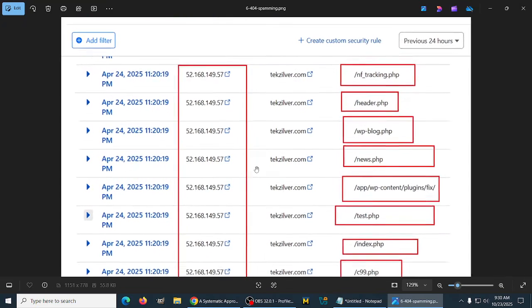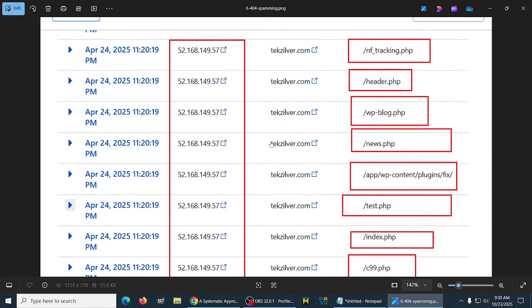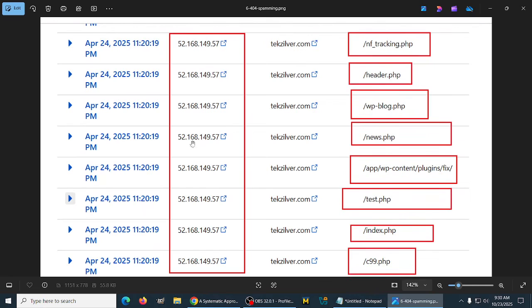Okay, so these are spam traffic that we got. You can also call it DDoS attacks. If you notice, the same IP address tried to request different resources from a website, and none of these resources actually exist on the website. So these are basically spam, and they were probably using a scanner or something of that sort, trying to waste our